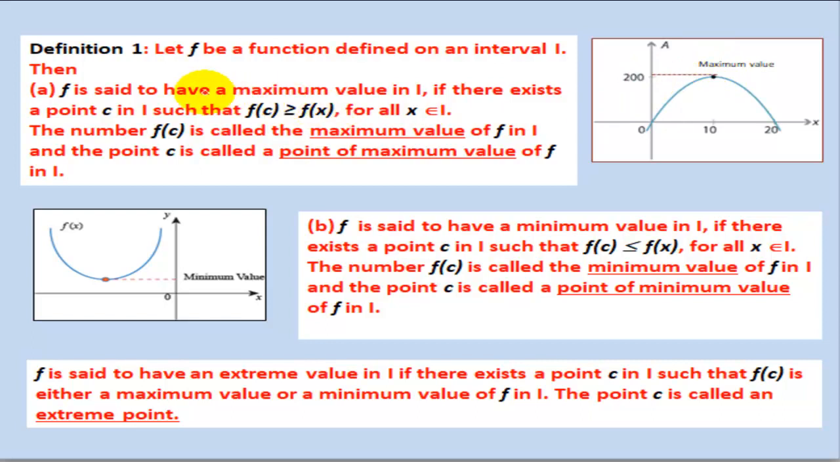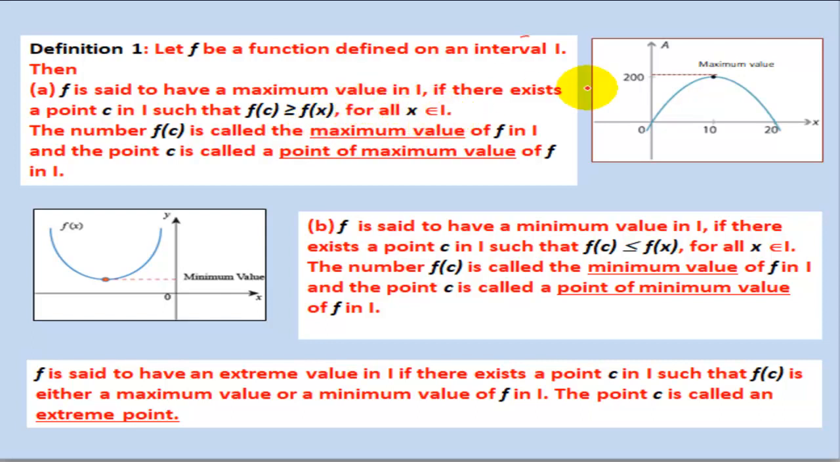Now, the definition says if f is a function which is defined in an open interval or in an interval I, then f is said to have maximum value in this interval. If you see, say our interval is from 0 to 20, then f is going to have a maximum value in this interval in case there exists a point c in this interval such that the value of the function at c will be greater than or equal to the value of the function in general for all the values of x